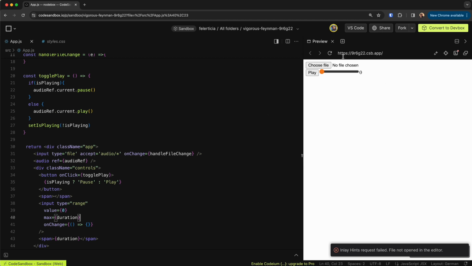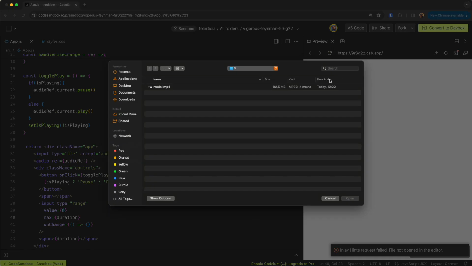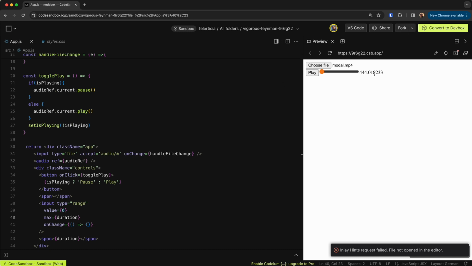Now if I save and select another file, I can get the duration. But as you can see, this is not a complete number, so I need to format this, and this is in seconds, so I need to format it to be minutes and seconds. So let's say